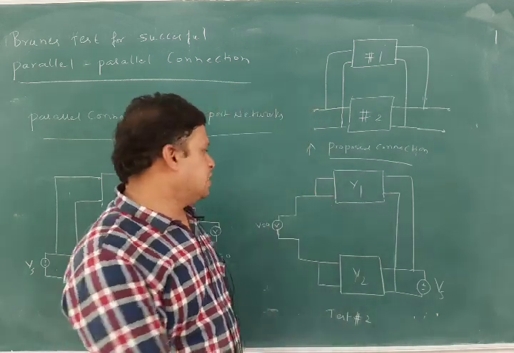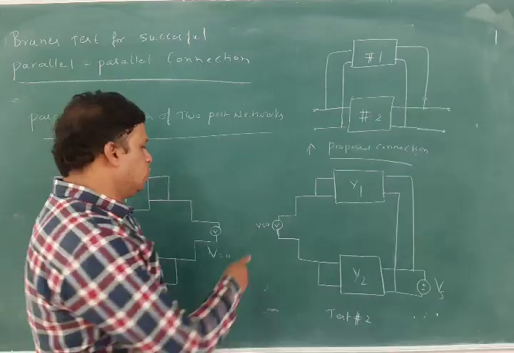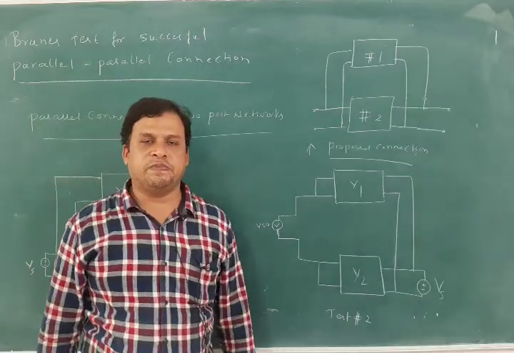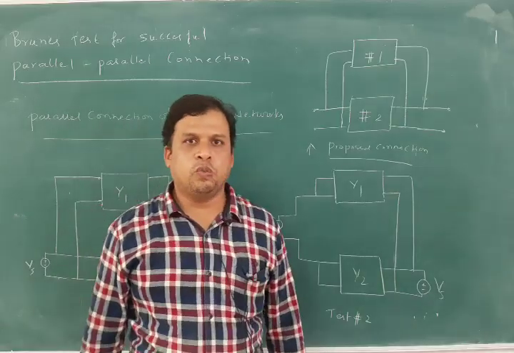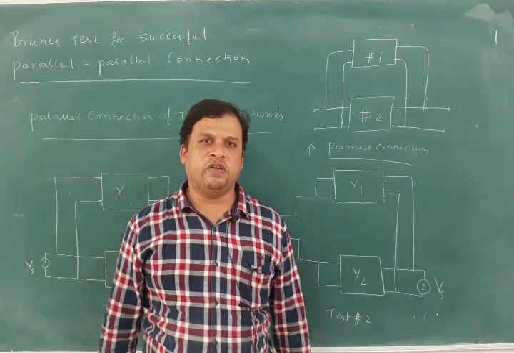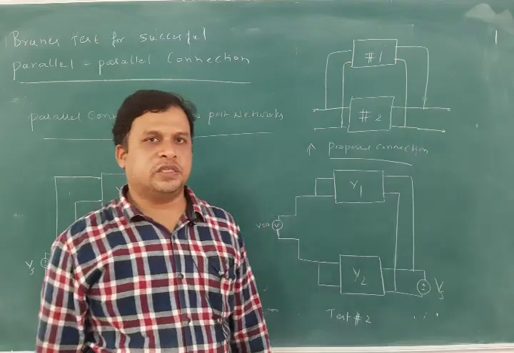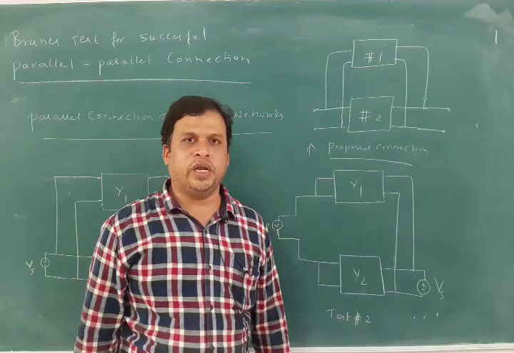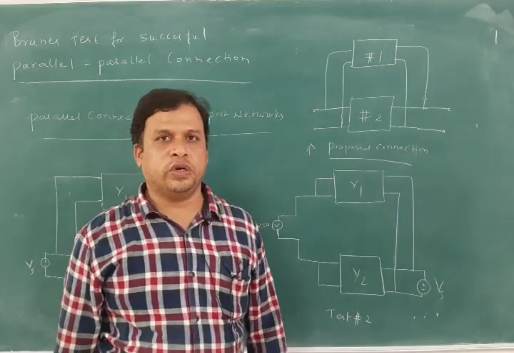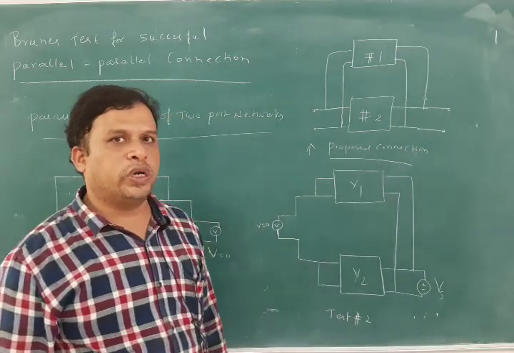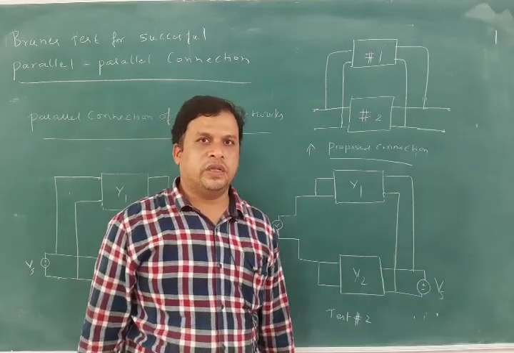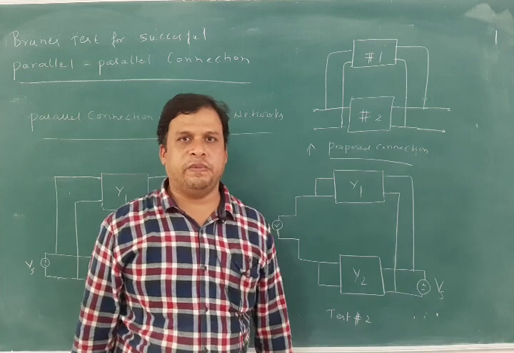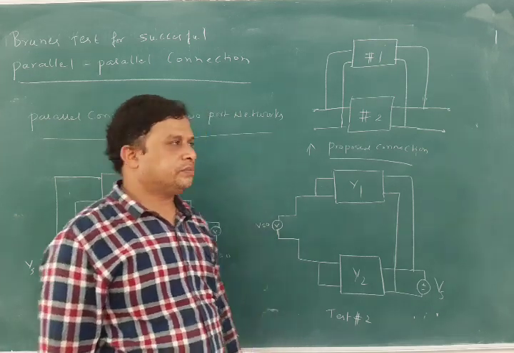The connection is successful when these conditions become V equal to 0 and V equal to 0 here. Okay, we will see the other combinations also, that is series parallel and parallel series connection of the two port networks by using the Bruns test, and we will verify the authenticity of the Bruns test with the two port networks. Suppose the voltage is equal to 0, then only we can make the connection for the Bruns test. Okay, that means there is no voltage drop. If there is a voltage drop, then definitely the connection is not possible, or we cannot permit the combination.